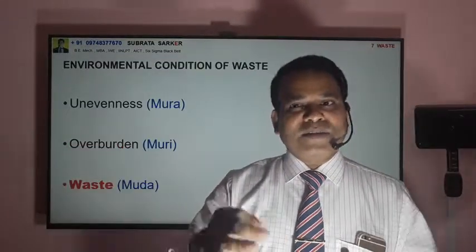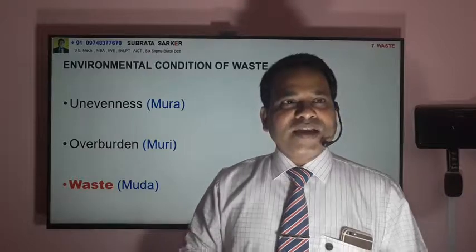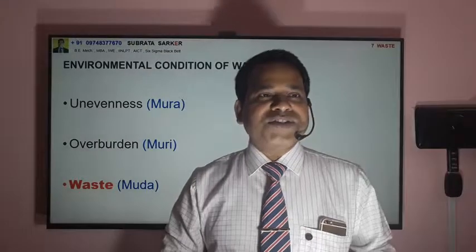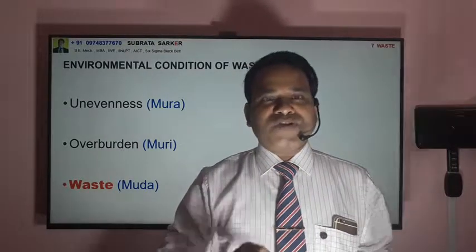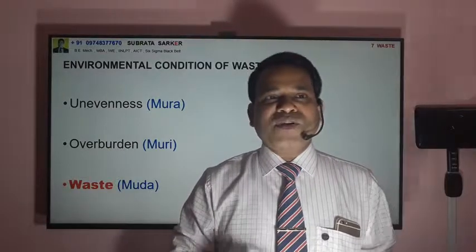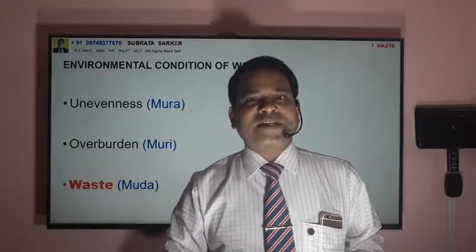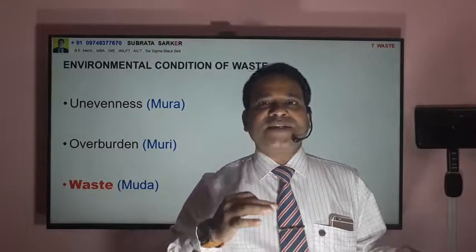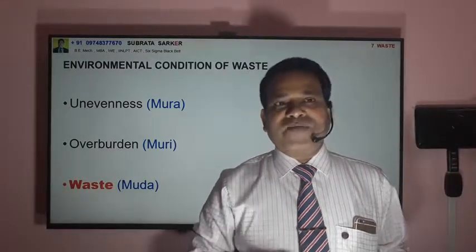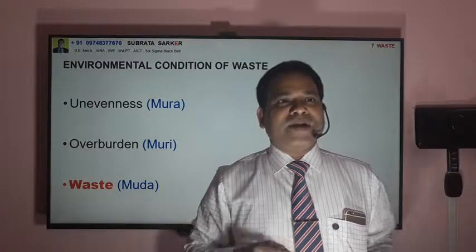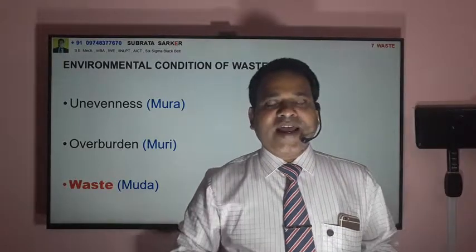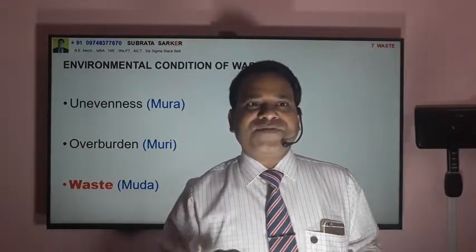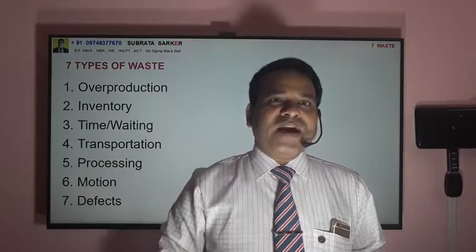There are 7 types of waste actually. Number 1 is overproduction. Number 2 is inventory. Number 3 is time, or waiting time. Number 4 is transportation. This is actually internal transportation inside the manufacturing setup. Number 5 is processing. Number 6 is motion. And number 7 is defects. Now,